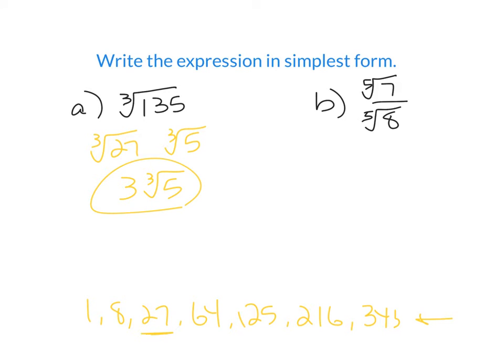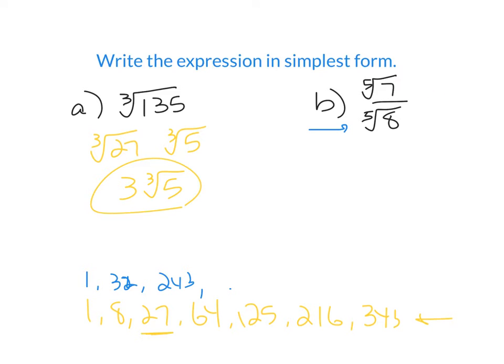All right. The next one has 5th roots. And because it has 5th roots, I'm going to have to use some 5th root numbers. So 5th roots are like 1 to the 5th, 2 to the 5th, 3 to the 5th, and they get big in a hurry, so that's a 32, by the way. So I'm going to stop right there. I could keep going if I need to, but what I'm looking for, I cannot have a radical in my